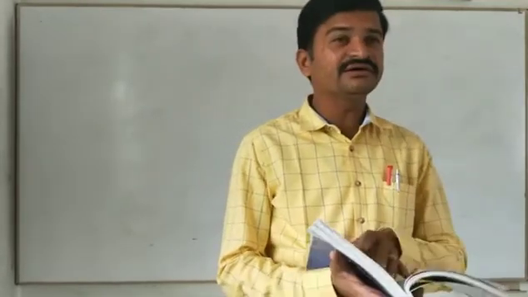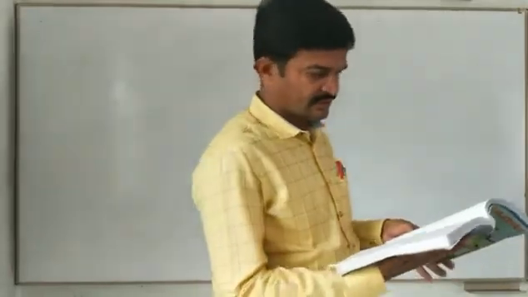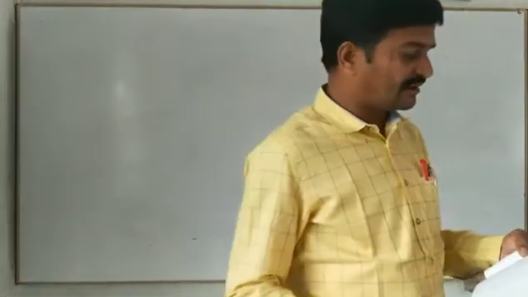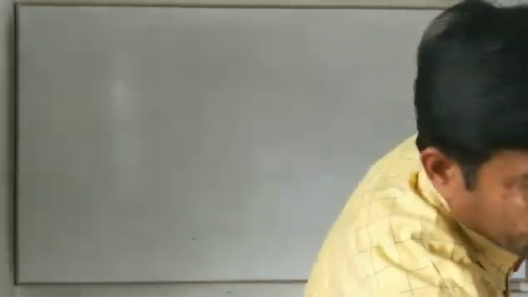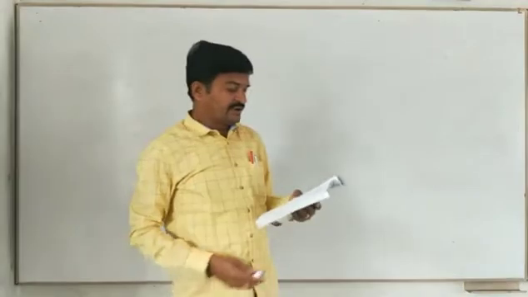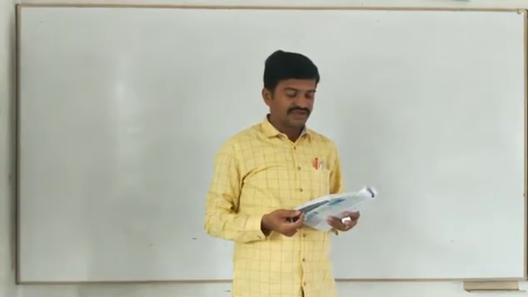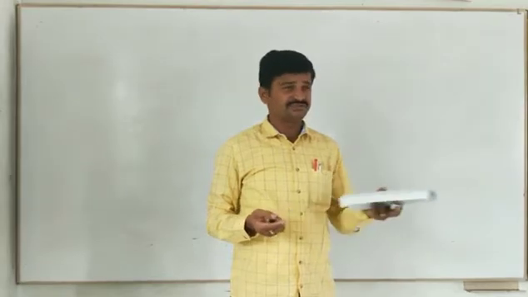So yesterday we discussed one example or exercise sum. So we have another example. It is given on page number 103. AB is parallel to CD and CD is parallel to EF. Also EA is perpendicular to AB. If angle BEF equals 55 degrees, find the values of X, Y and Z.